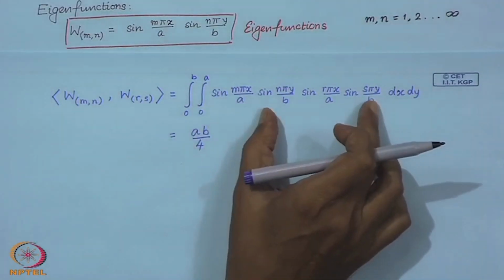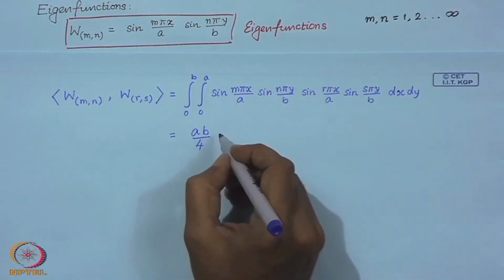Similarly, this is b by 2. So, this is ab by 4,